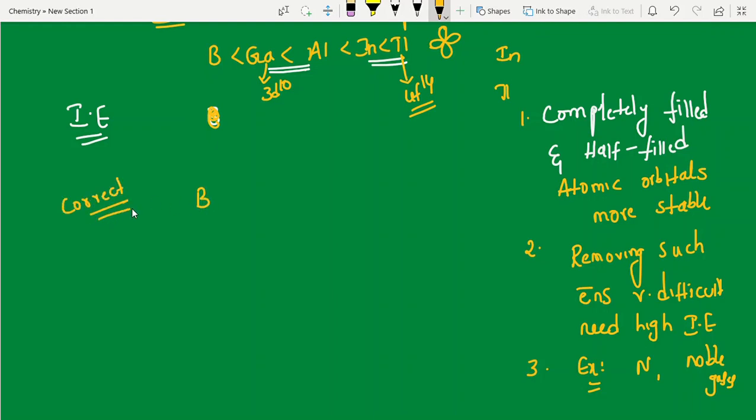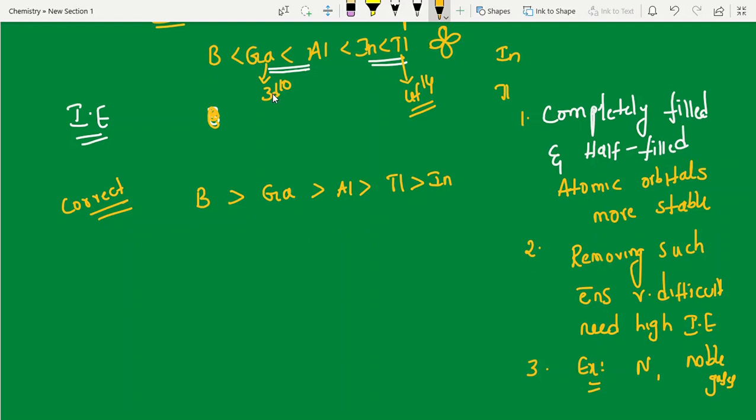Exceptional case, again it takes time. So because of this, 3d10, 4f14, high. So I'm writing the order. Boron greater than gallium greater than aluminium, this is reversed. These two reversed and these two also reversed. That's it. Thallium greater than indium. Clear? So what is the reason? In the atomic radius case, it is unable to screen, it is not screening much. That's why atomic radius decreases.